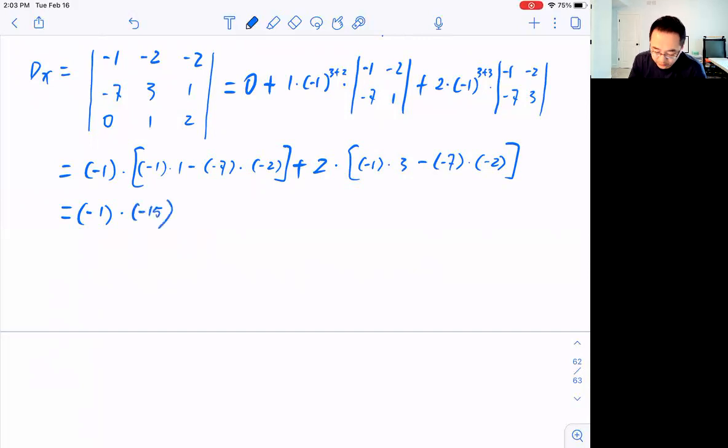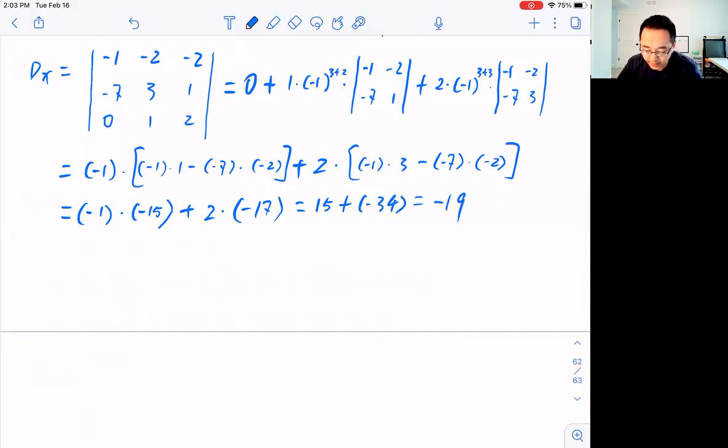Okay, negative 1 minus 14 is negative 15, plus 2 times negative 3 minus 14, which is negative 17. So that gives you positive 15 plus negative 34, which gives you negative 19. So that's what dx equals. Now dy is replacing